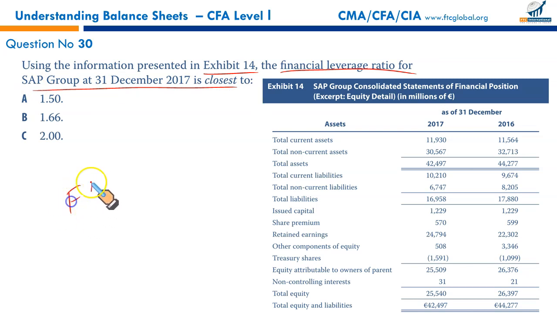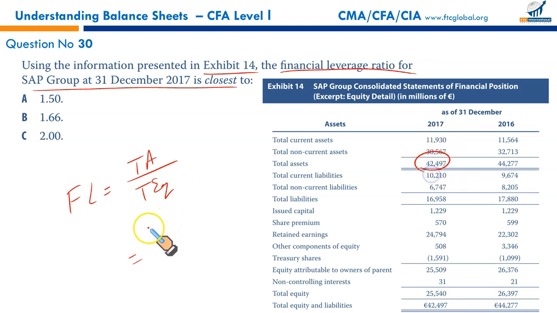Financial leverage is equal to total assets upon total equity. We'll discuss this in our ratio analysis in detail in a separate reading. We didn't discuss this formula in today's reading, but nonetheless, all these readings are to be done simultaneously. Things missing here and there will level out in the future. So total assets upon total equity. Total assets, look at this for 2017.